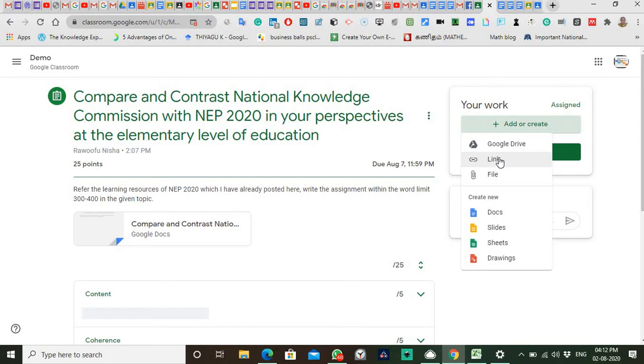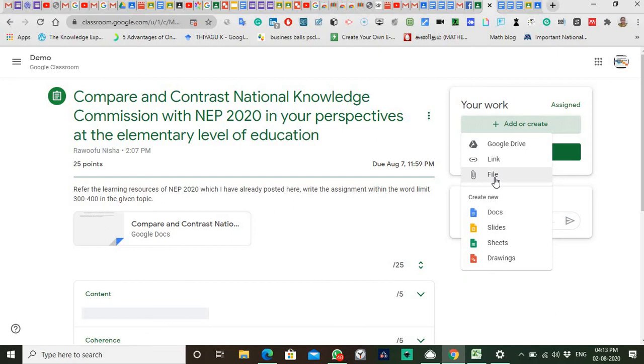If I know the link of that particular file in my cloud, I can give the link here, or we can create a Google Doc, Slide, or Sheet. These things can also be used by the student side. This is also something we have to say.